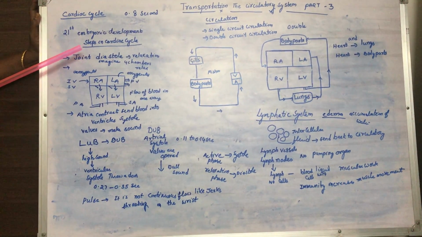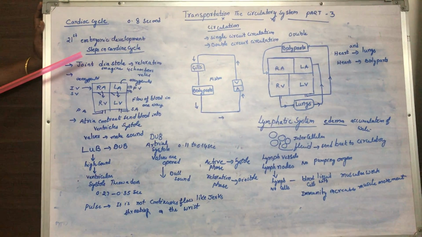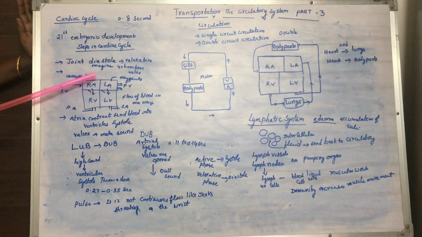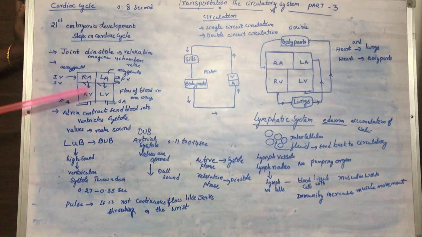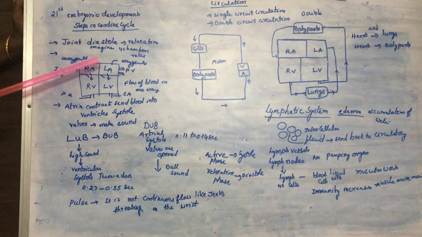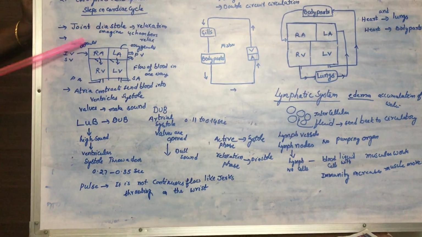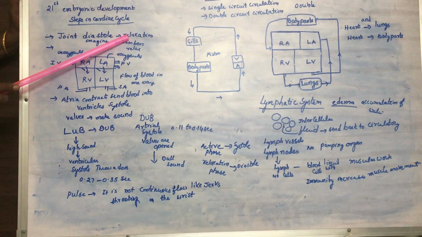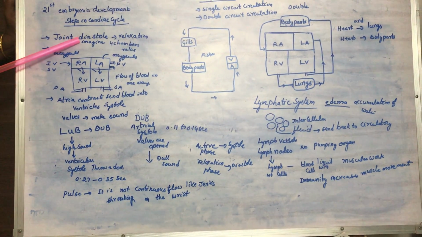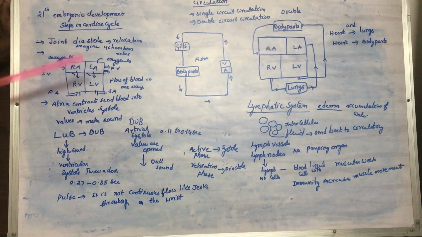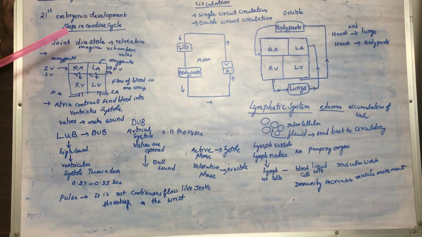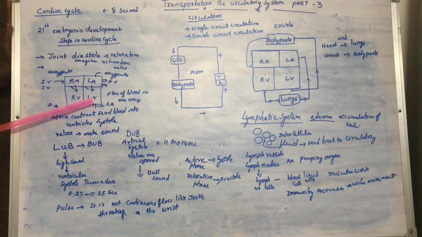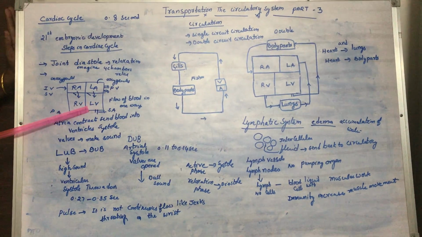First, as I already said, the contraction phase is called systole and the relaxation phase is called diastole. Let us imagine all the four chambers. The upper chambers are auricles, the lower chambers are called ventricles: right auricle, left auricle, right ventricle, left ventricle. Imagine all four chambers are in the diastole stage, or relaxation stage. They are never continuously in the relaxation state; diastole and systole are seen alternately in the cardiac cycle.